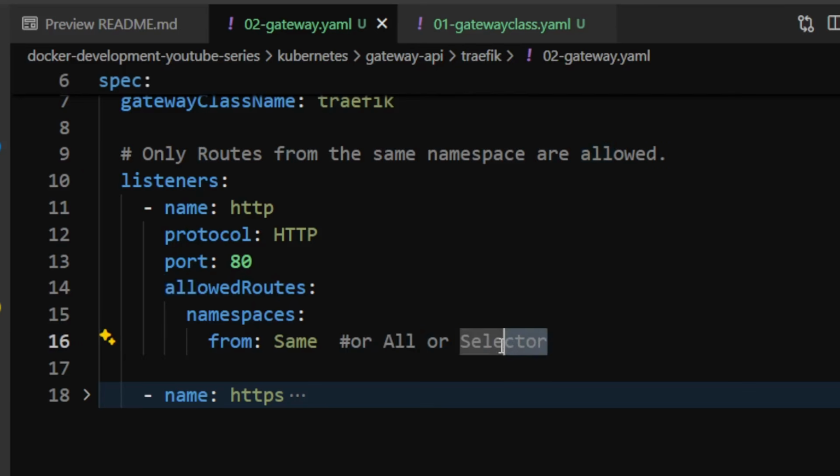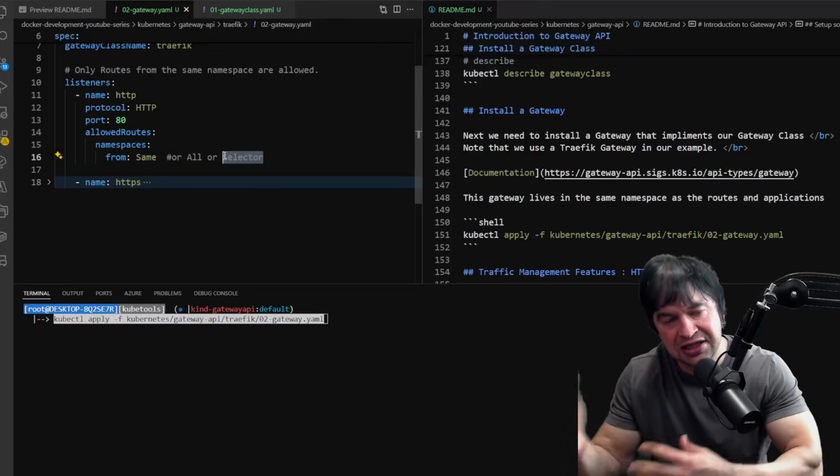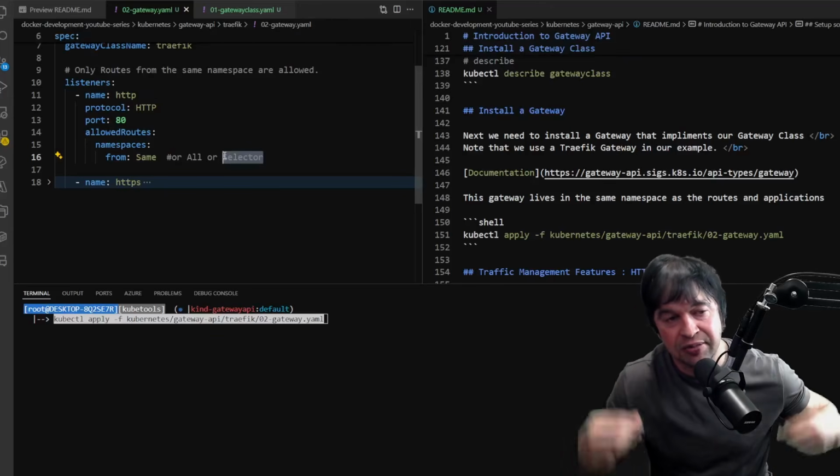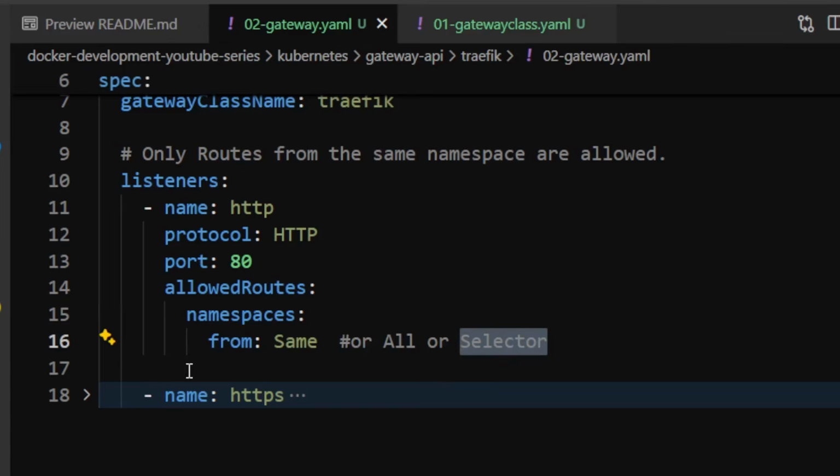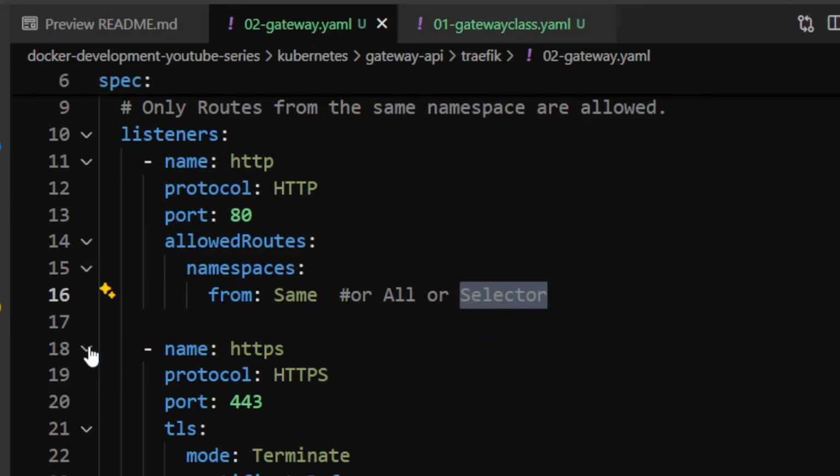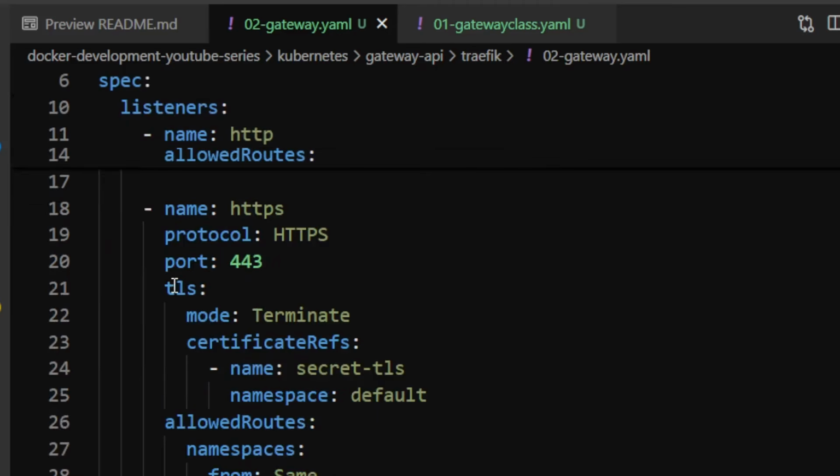Or you could use something like a label selector. That's also really useful. This allows you to totally customize what routes can be used on this gateway. And the HTTPS one is pretty much the same. The only difference is that I can do things like say TLS, and I can say turn on TLS and the mode is terminate. So this allows me to terminate TLS at the gateway level and then route to different